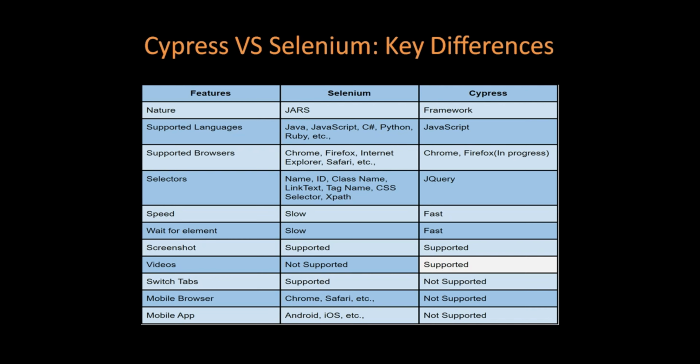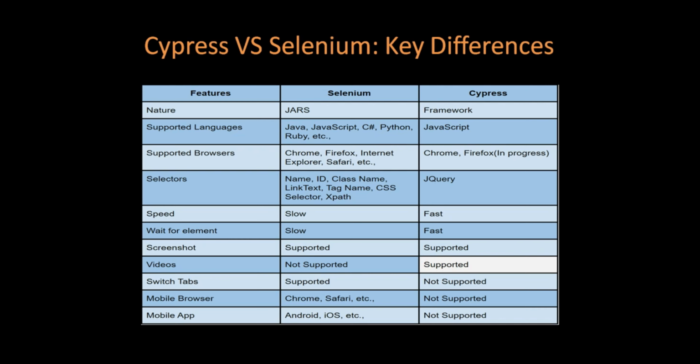And for selecting elements, Selenium has a vast variety of selectors, but Cypress has jQuery only. But it is very fast when we are using jQuery selectors as compared to Selenium selectors, or name and ID selection kind of thing. That is a little bit slower, but the jQuery selector is very fast. And I will let you know how and why it is faster, because it is very easy to choose the selector in Cypress.